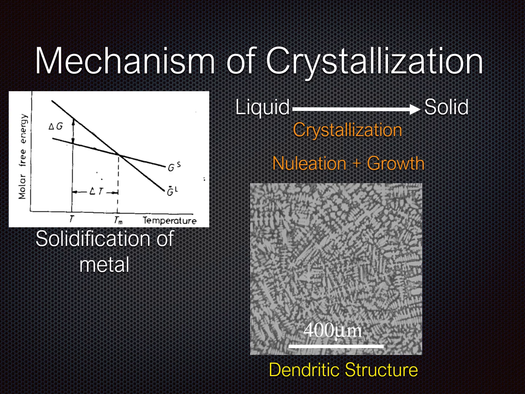Crystallization is a transition from liquid to solid state and occurs in two stages: nuclei formation and crystal growth. When the temperature of the metal has dropped sufficiently below its freezing point, stable aggregates or nuclei appear. They appear spontaneously at various points in the liquid. These nuclei, which have now solidified, act as centers for further crystallization.